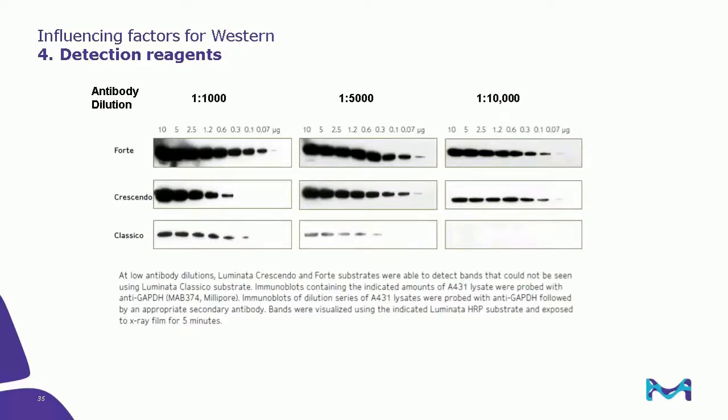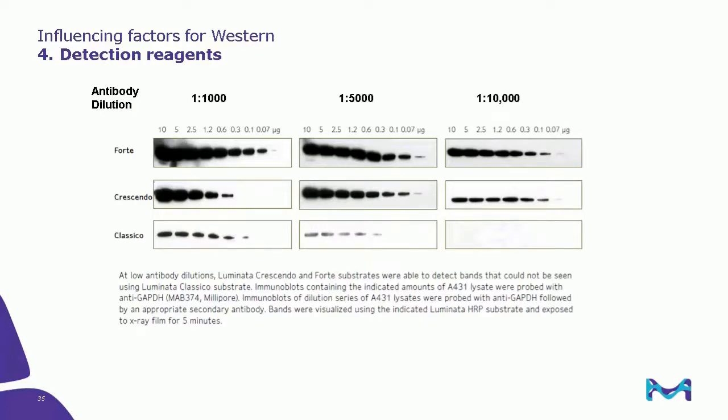Last but not least, it is important to recognize the role of the chemiluminescent reagent and its interplay with antibody concentration and sample loading amount. In this example, for a given chemiluminescent reagent, decreasing the antibody concentration will decrease the signal, as expected. However, when chemi reagents of varying strengths are used, the working antibody concentration needs to be adjusted in an appropriate fashion. For the chemi reagent shown at the bottom, 1 to 1,000 dilution is optimal, whereas for reagents shown at the top, the antibody needs to be used at 1 to 10,000 or even lower dilutions.